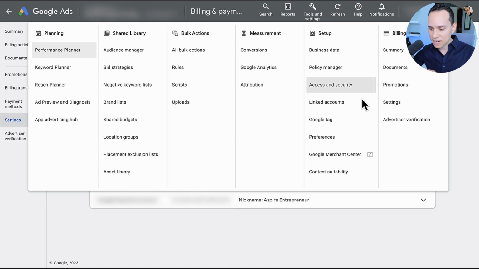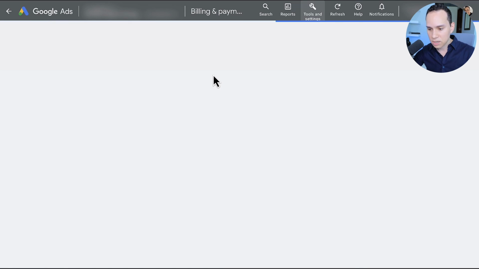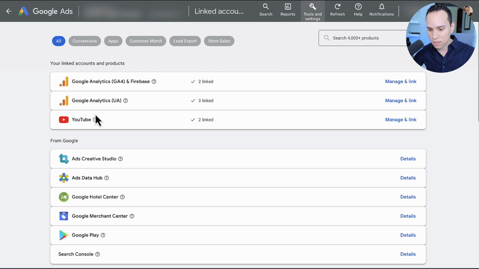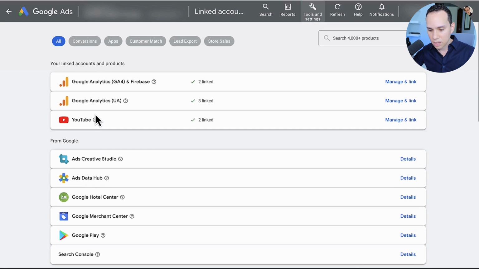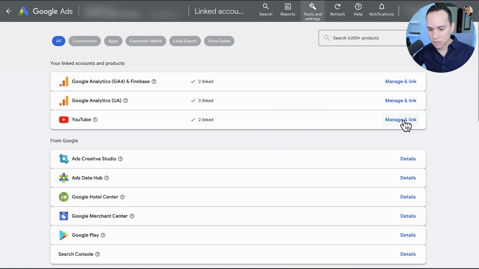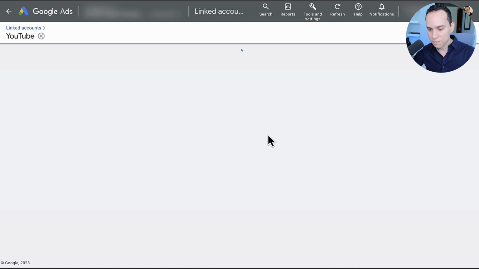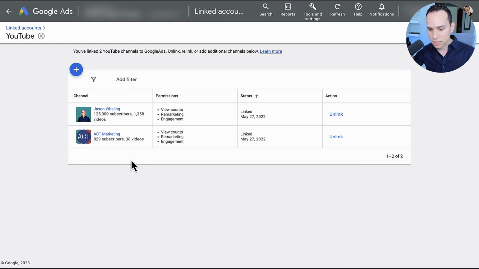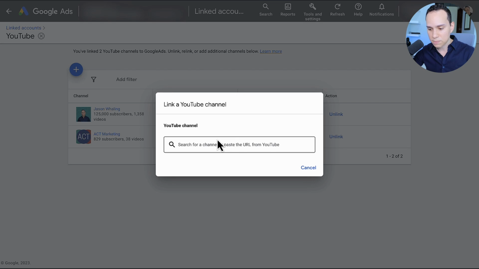So under Tools and Settings, we went to Billing. The next thing we want to do is, of course, connect our YouTube channel. So we'll go ahead and click on Linked Accounts here. And you'll see here that we have a bunch of options on different things that we can link up. And I'm just going to go ahead and click on YouTube for Manage and Link. You'll see here that I have two channels linked up already. And of course, if you want to link another one, all you need to do is click this plus button and drop in your channel URL, and you'll go through a simple process to verify that you have the authority